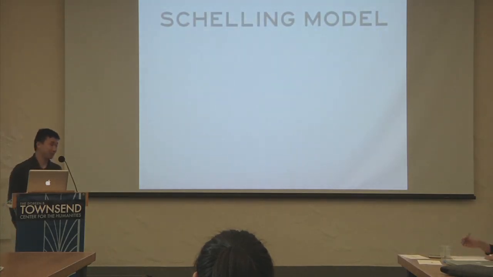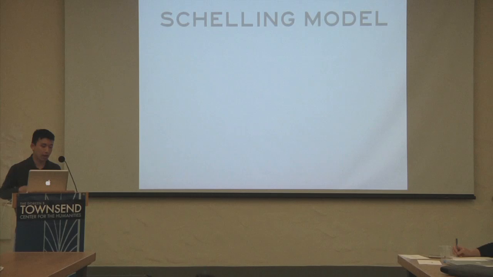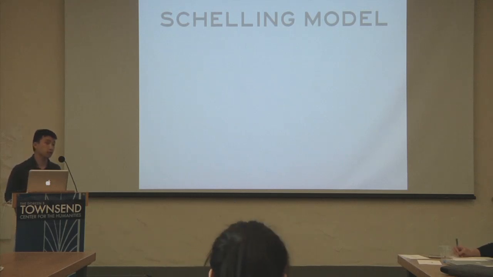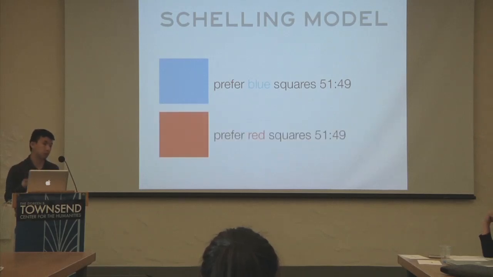So I personally believe that as individuals, we can have significant impacts on our cities. And one point I always love to make, as an econ major, is the Schelling model. The Schelling model was proposed several decades ago to explain how racial segregation was happening in residential neighborhoods. How the model works is it's a grid of blue and red squares. The blue squares prefer being next to other blue squares by a tiny, tiny fraction. So in 100 cases, they prefer being next to a blue square 51 out of 100 times. And the red squares likewise also have a very small preference for being next to other red squares.